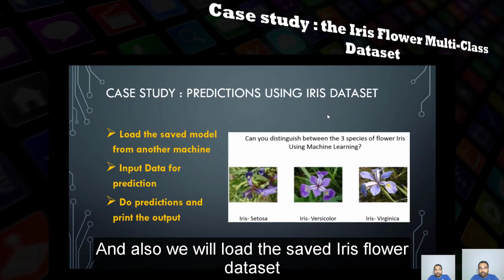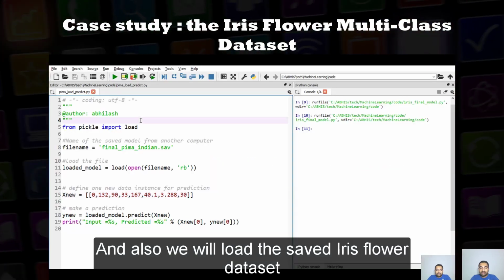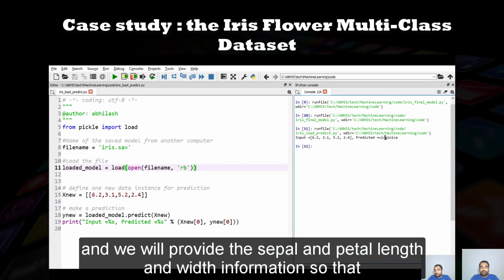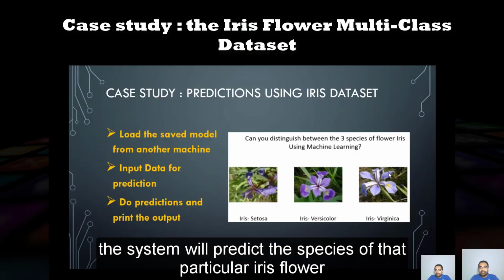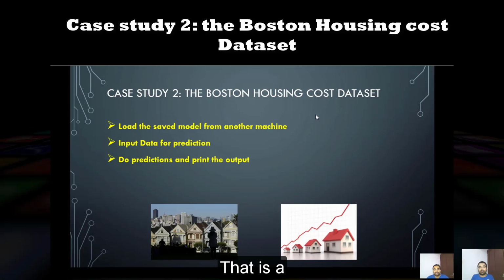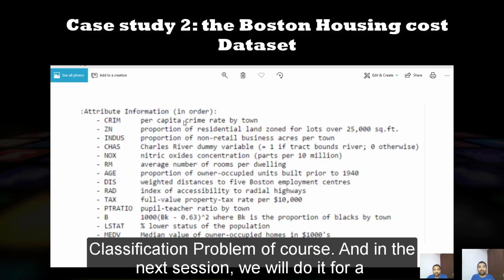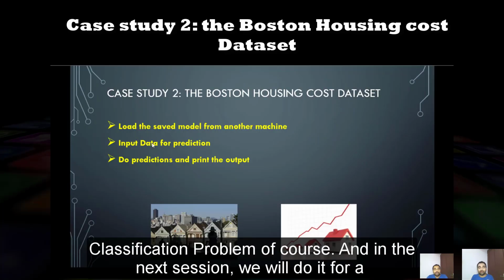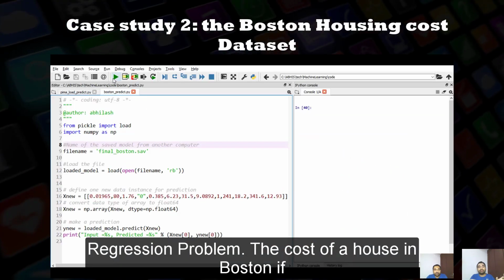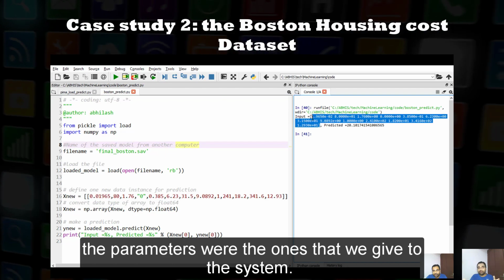And also we will load the saved iris flower dataset, and we will provide the sepal and petal length and width information so that the system will predict the species of that particular iris flower. That is a classification problem, of course, and in the next session we will do it for a regression problem, the cost of a house in Boston if the parameters were the ones that we give to the system.